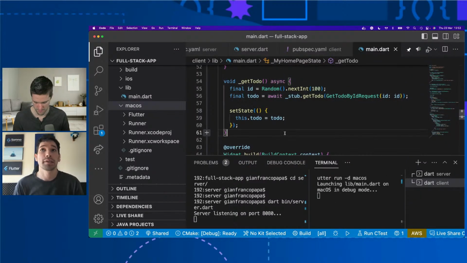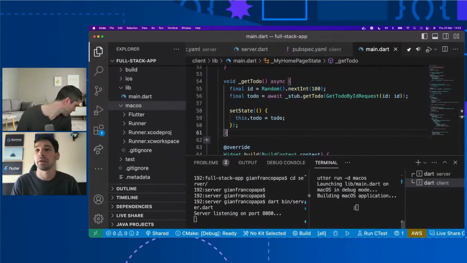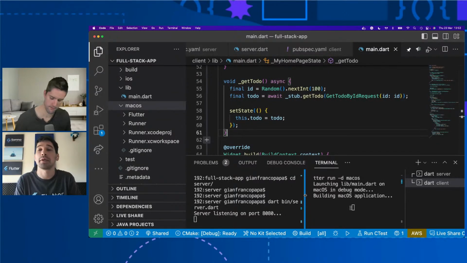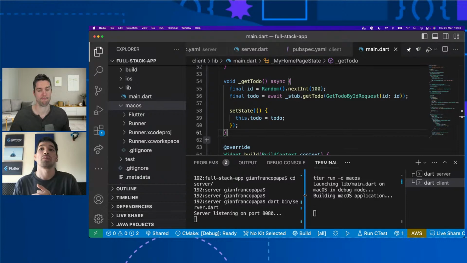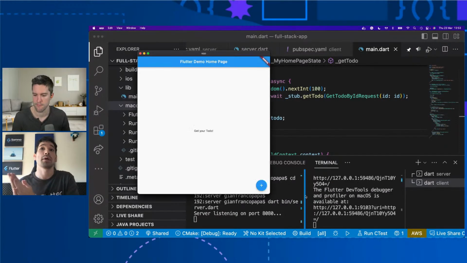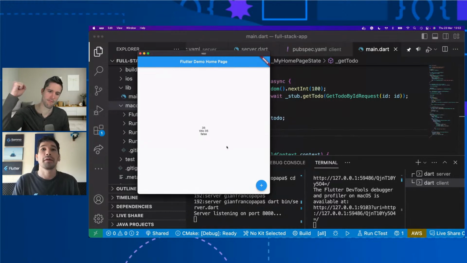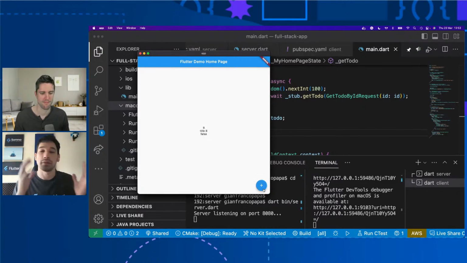And that's the whole example. Let's wait a little bit. That is loading the macOS app. And the other thing I wanted to show, as I was mentioning, is how we can start streaming information from the server. So what we are going to do is to actually stream a to-do instead of getting one to-do. But let's first test this. Okay, so this is working. We have our to-do with a random ID. So we can keep going and that will produce a random to-do, really basic, right?